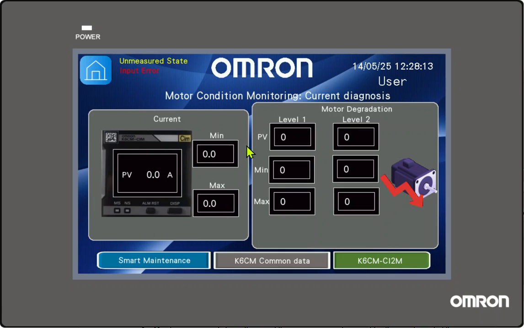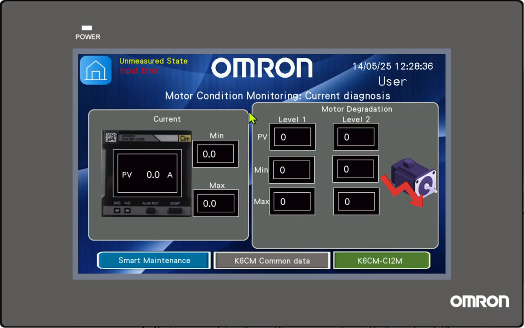And then we have the information of the current diagnosis type, and we have a section for the current where we have the present value, minimum and maximum, and we have surrounding each data a yellow rectangle if it has an unmeasured state, or a red rectangle if it has an input error.